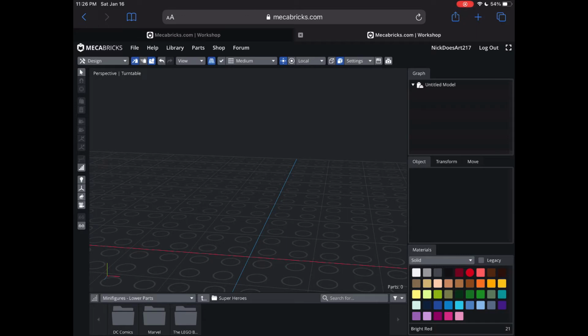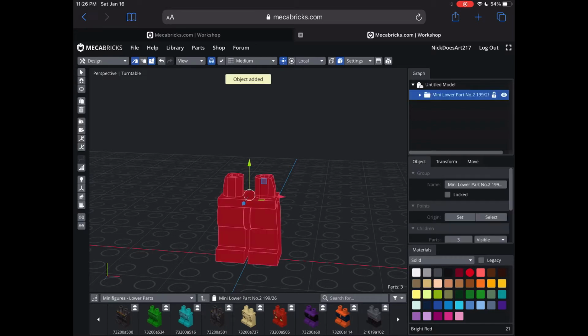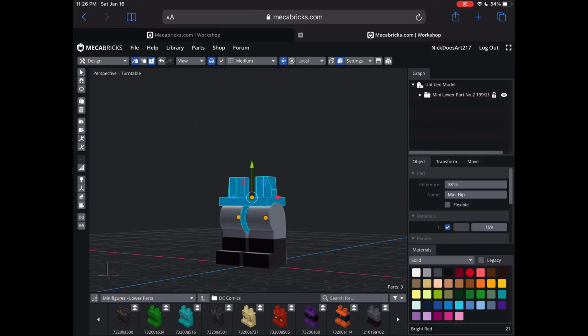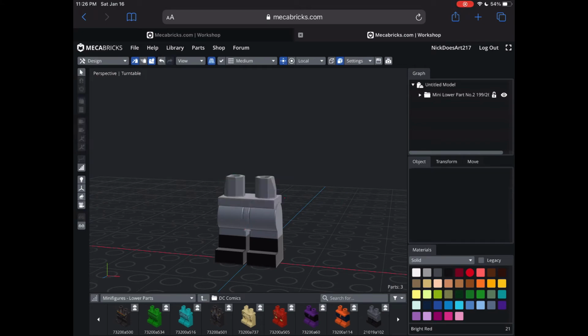So we're going to go to superheroes, under the DC Comics folder, and then scroll down a little bit to the next row, I guess you could say, to find the dark gray and black molded legs. Oh, we almost missed it. There we go. Okay, so now we have the legs. And sometimes it'll be under the actual folder. But if you want to make dual molded legs of your own color,